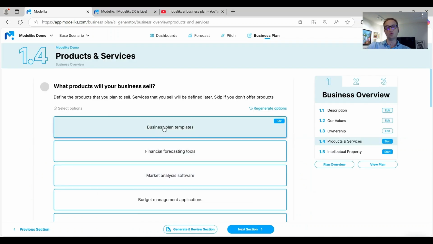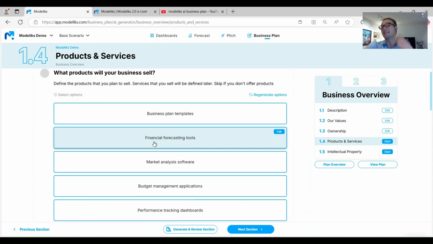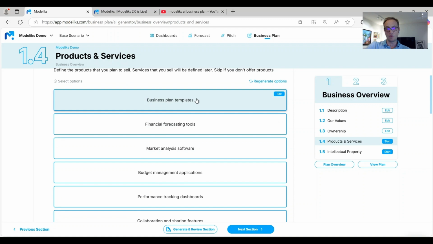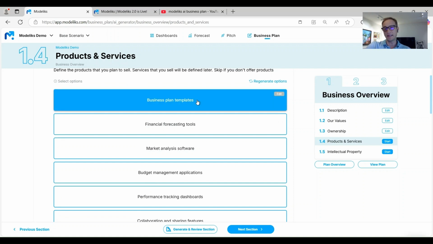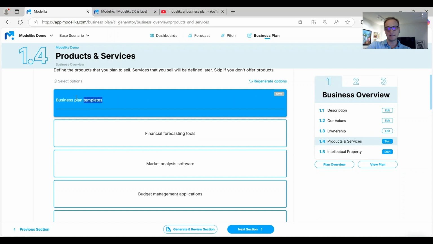and what it will do is the Modeliks AI will automatically give you options for products and services that such a business could be offering to your clients. So it gives you ideas of what are the products and services that you could be offering. So if I go through it, I see business plan templates. Yes, we are offering business plan templates, but it's not a business plan template. Actually, we are offering an AI business plan creator. So I'm going to edit that, and I'm going to say business plan creator